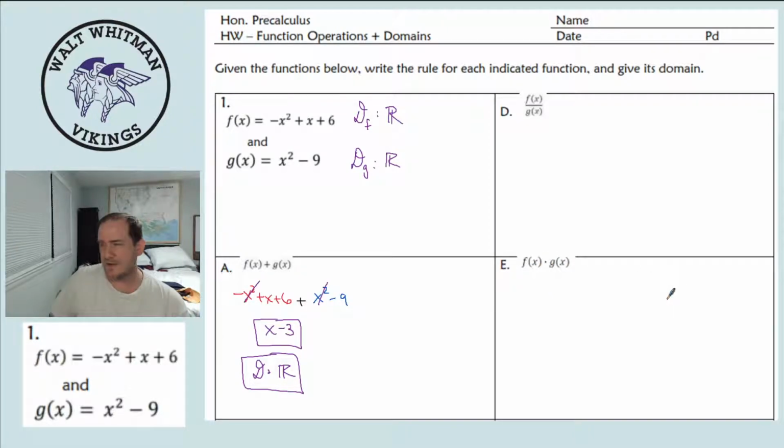We'll do E. For the product function, this might be tricky for some of y'all. I'm not sure if all of y'all remember this, but order doesn't matter. f of x times g of x is the same as g of x times f of x. It's just like multiplying numbers. So I would put the two terms first, just because it's what I'm accustomed to. But if I do x squared minus 9 times negative x squared plus x plus 6,